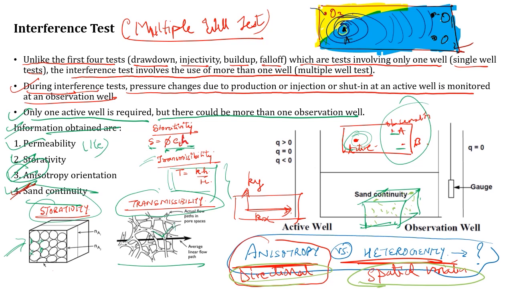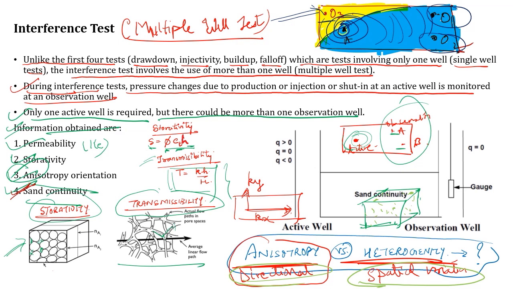record my pressure responses. Since this O3 well is in a different sand layer, I can have a different set of pressure being recorded at the O3 well, and O1 and O2 will have almost similar pressure responses because both wells lie in the same sand. So by using this interference test, I can identify whether there is some sort of sand continuity